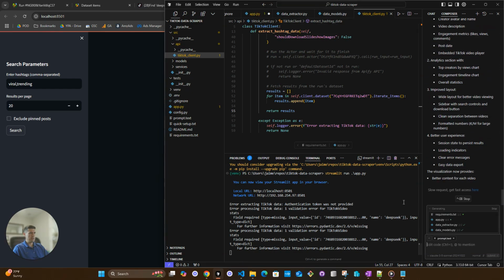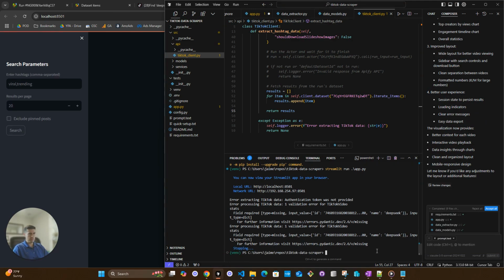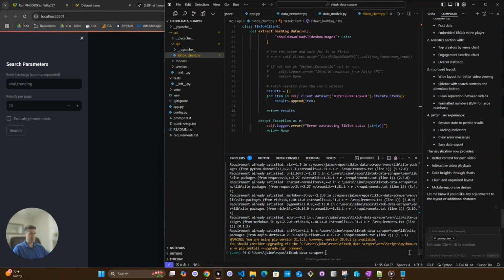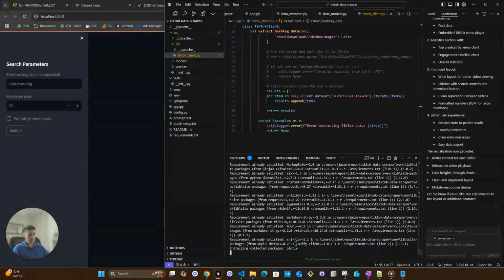Okay, so it's using other dependencies. That's fine. So I'm just going to do Control-C to stop it from running. I'm going to install the dependencies again. Actually, I'm going to accept. I didn't accept it, so I'm going to run it again. So it's going to start picking up new ones,